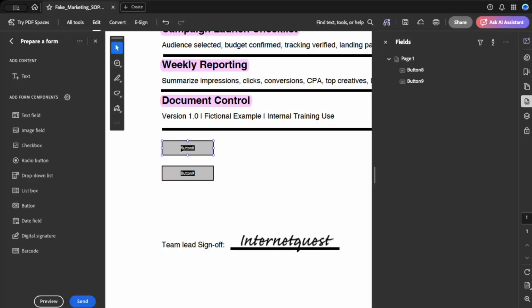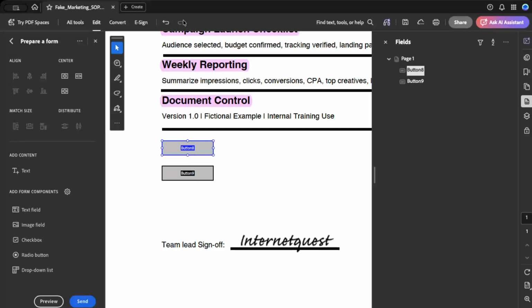A pop-up window will appear, and this is where you can customize the button. You can change the color, add a button label, and adjust the appearance so it matches the style of your document. This is an important step because clear labels and consistent formatting make your PDF look more professional and easier